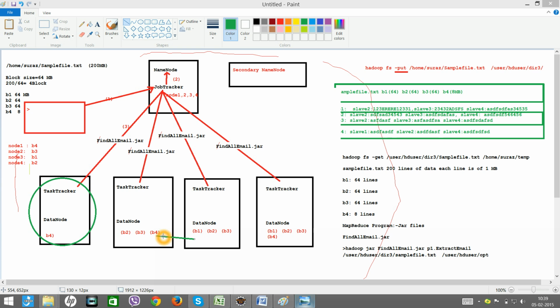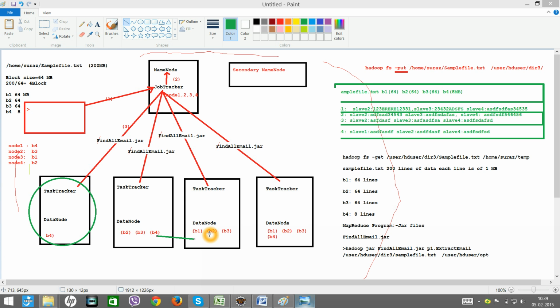Usually the fundamental is, whenever you are processing data in our nodes, it never happens that the same block is processed in more than one node. This node will process this block, and other nodes will process other blocks.